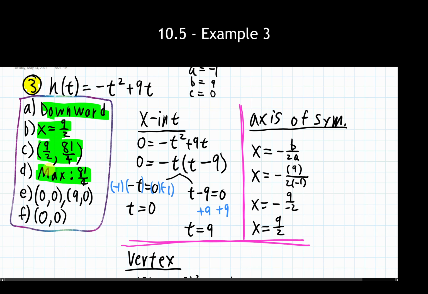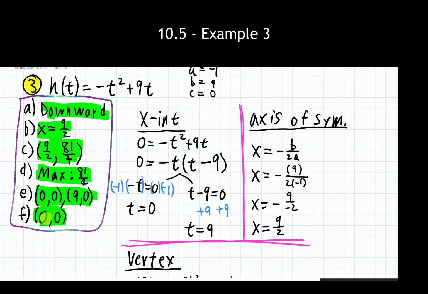Hopefully, as you're going through and trying these things, if you're pausing the video before I go through them, you're doing them in some different orders than I am, just to see that we can do it in pretty much whatever order, as long as we're getting to the same final answers at the very end.